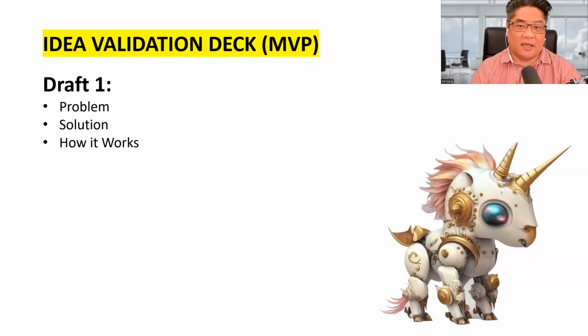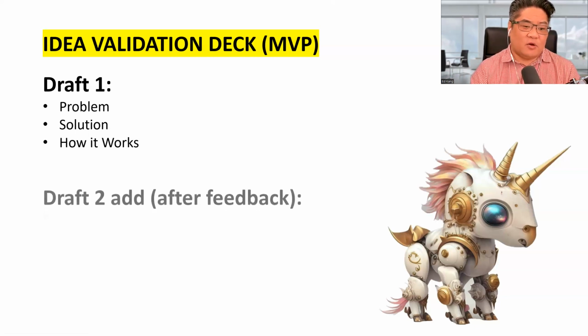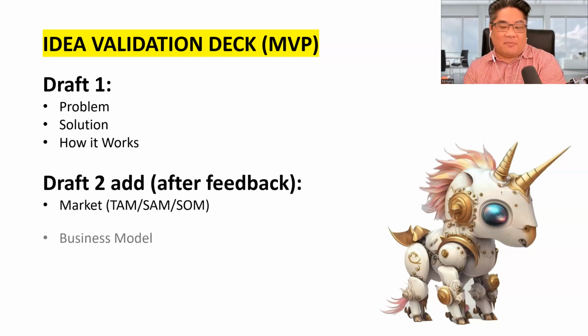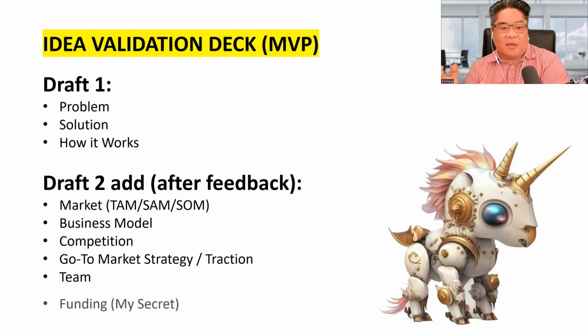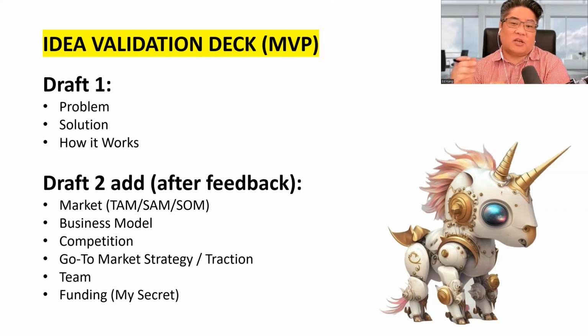What am I missing? Type thing. And it's passing the mom test, rich mom test, if you're looking for investors. That's the first draft. And then you go into the second draft, which is after you get feedback, you're going to add these slides. Market, which is TAM SAM SOM, business model, competition, go-to-market strategy with some traction on there, team, who's on the team, you as the founder, and